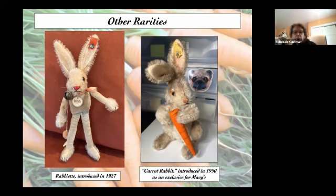This is called a carrot rabbit here on the right. It was introduced in 1950s as an exclusive for Macy's, and he was holding a carrot, and in his back pocket, he actually had a back pocket, which also held a little carrot. These came in a number of sizes, and I believe even a musical version was produced. These are extraordinarily rare